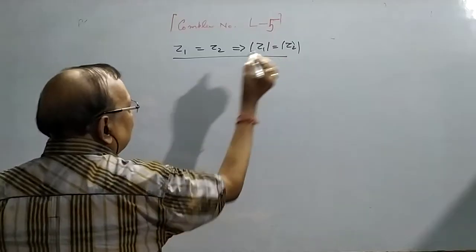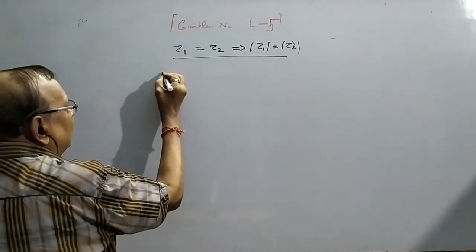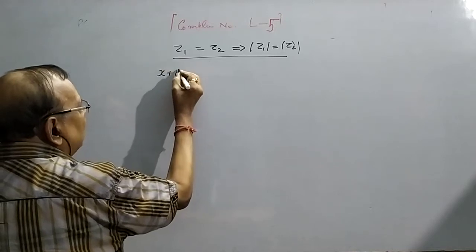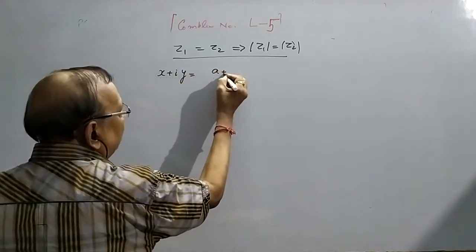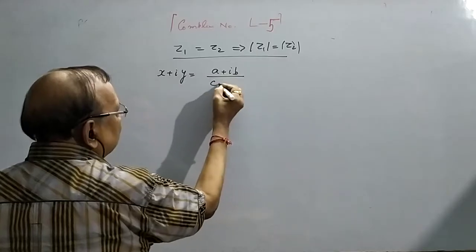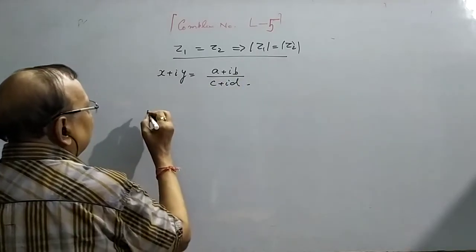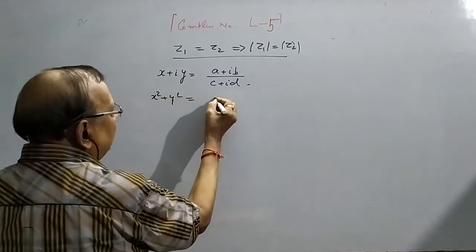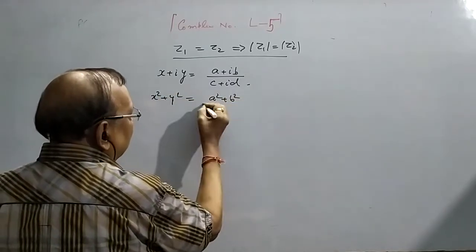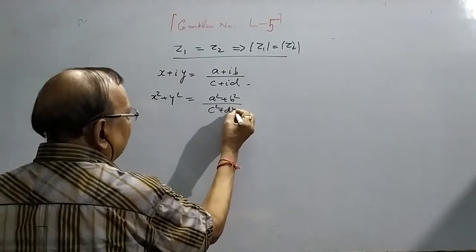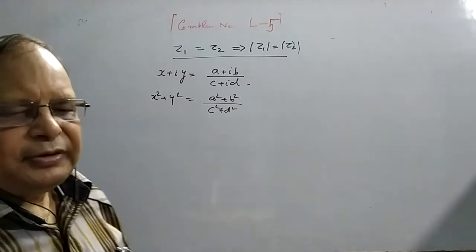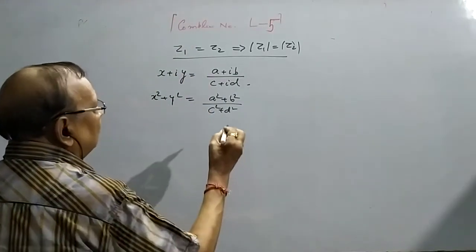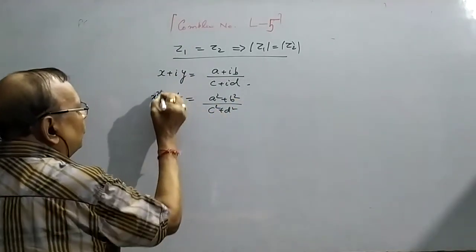We can use, suppose we have to prove if x plus iy is equal to a plus ib upon c plus id, x square plus y square we have already proved, a square plus b square upon c square plus d square. In that case, we have taken conjugate of this. Now here we can also take modulus of this,